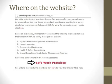They're not designed to just be used without being customized, because we talk about specific types of nail guns and specific types of repair processes. So you need to be able to go in there, add your own pictures, describe your own process, but these are comprehensive in nature and should give you 95% of what you need to deliver some good safe work practices in your operations. So what I want to do is just briefly take you through the 3 documents that we're going to talk about. The first one is